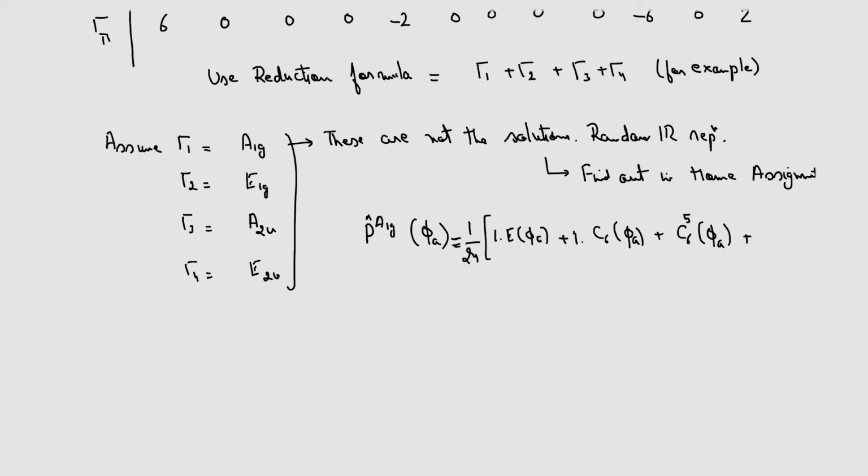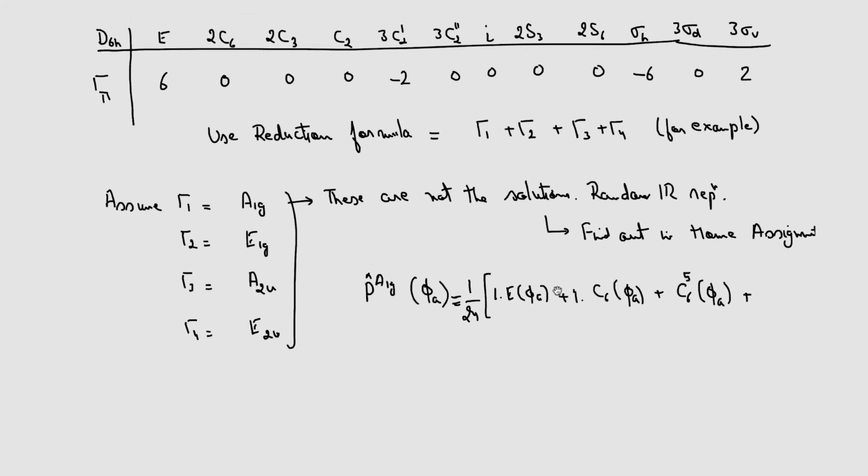Then what else do we have? So this will be 24 such operations. Okay. So C3, the effect of C3 onto phi A, and then the effect of C3 square onto phi A. So it's a tedious calculation. Okay. So you can see that already, it's long, but it is not difficult.